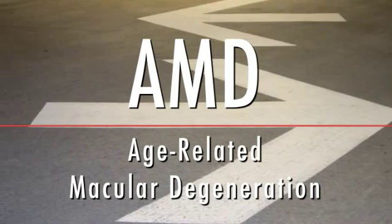Vision is such an essential part of our lives. So much of what we do and enjoy depends upon the ability to see clearly. So if your vision begins to fail, it can cause great anxiety. But if you understand what is happening with your vision, you gain a sense of control over the situation, providing